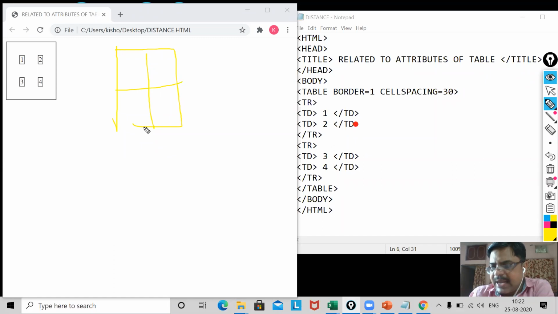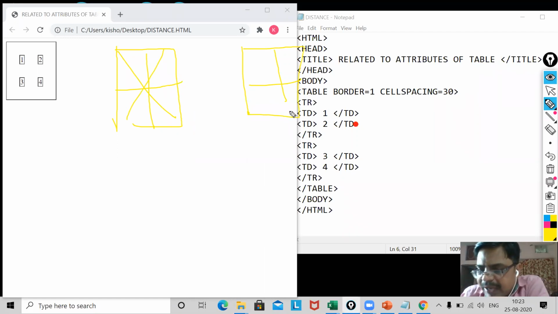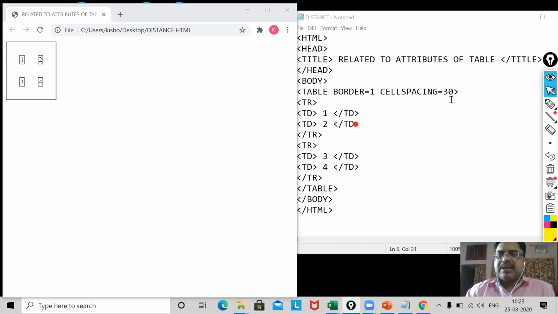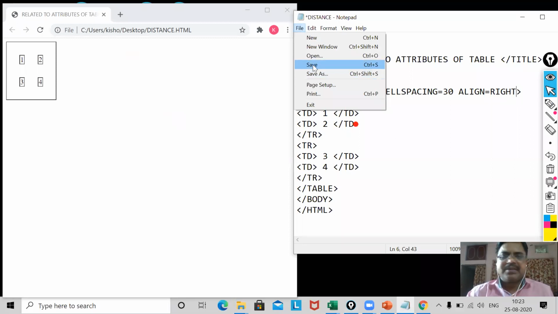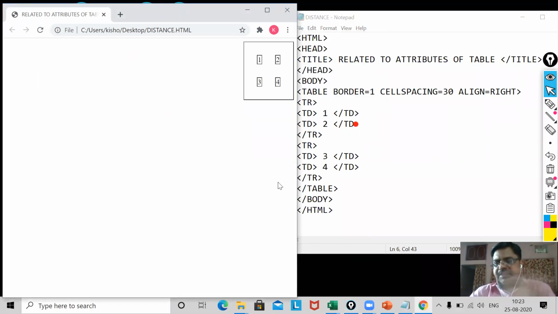Then you will use align equal to center. No, I want to specify here. No, it should be here. It should not be here. It should be on the right side. Then align equal to right. I will demonstrate, my dear, so that you can understand well. I'm going to use align. Align equal to right. Now I've written it. Now I'm saving, my dear. Now reloading it. Where has it gone? It flew from left to right.